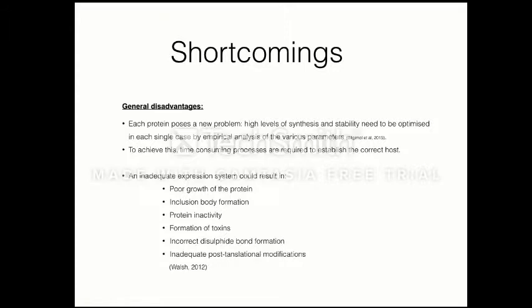There are also shortcomings associated with recombinant proteins, as each protein poses a new problem. That is, high levels of synthesis and stability are required to be optimized in each single case by empirical analysis of various parameters. To achieve this, time-consuming processes are required to establish the correct host for certain proteins. An inadequate host or expression system could result in poor growth of the protein,